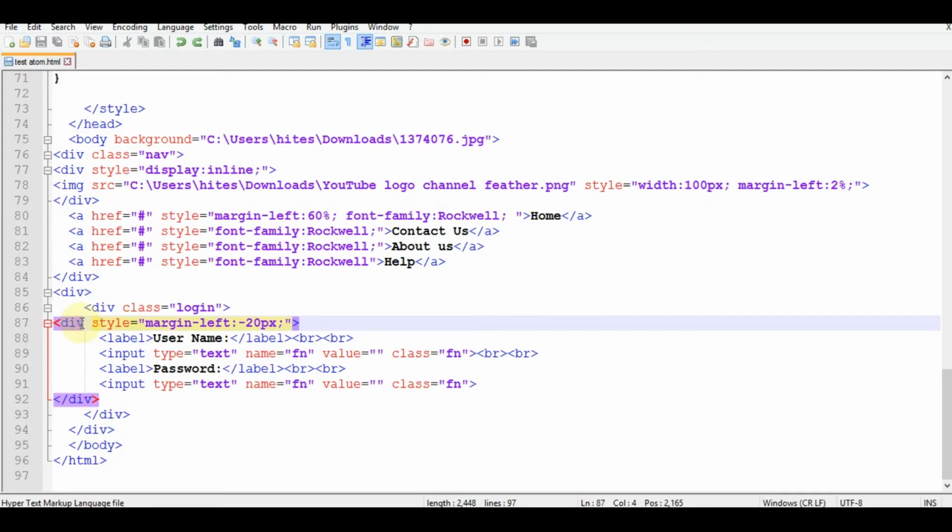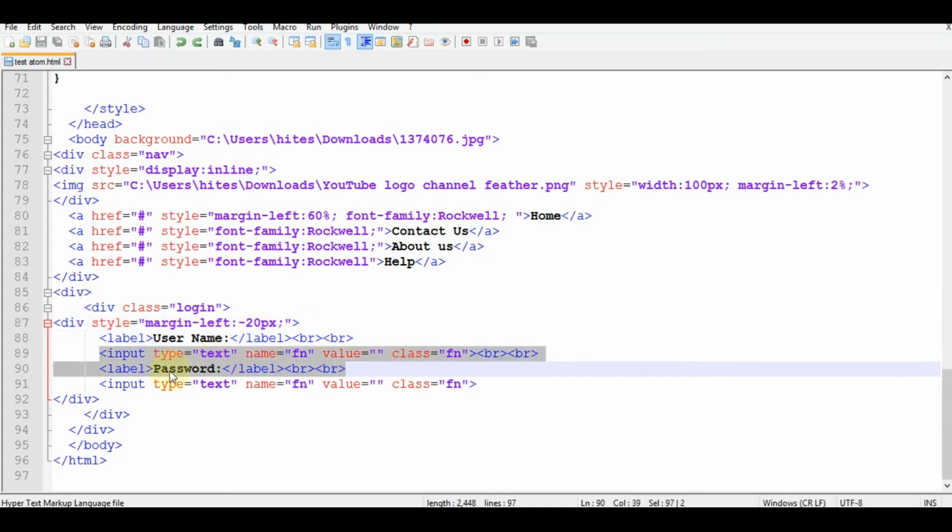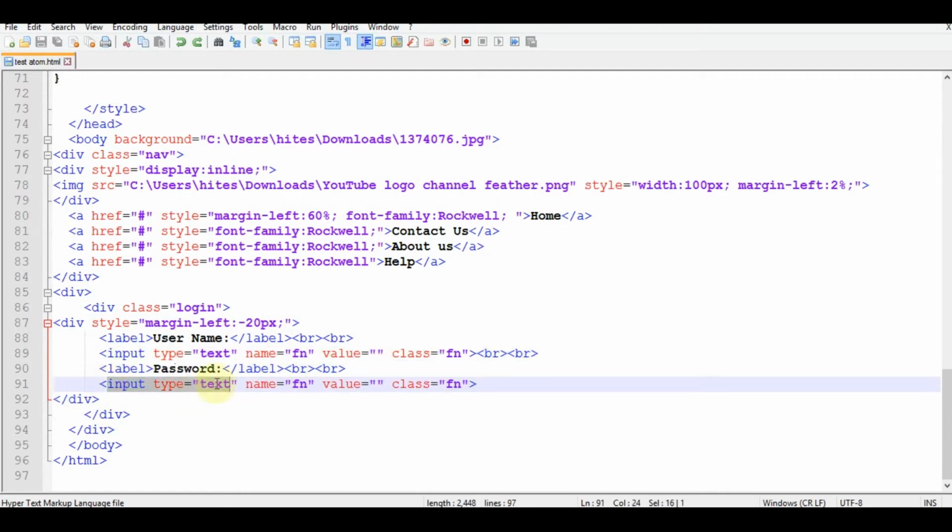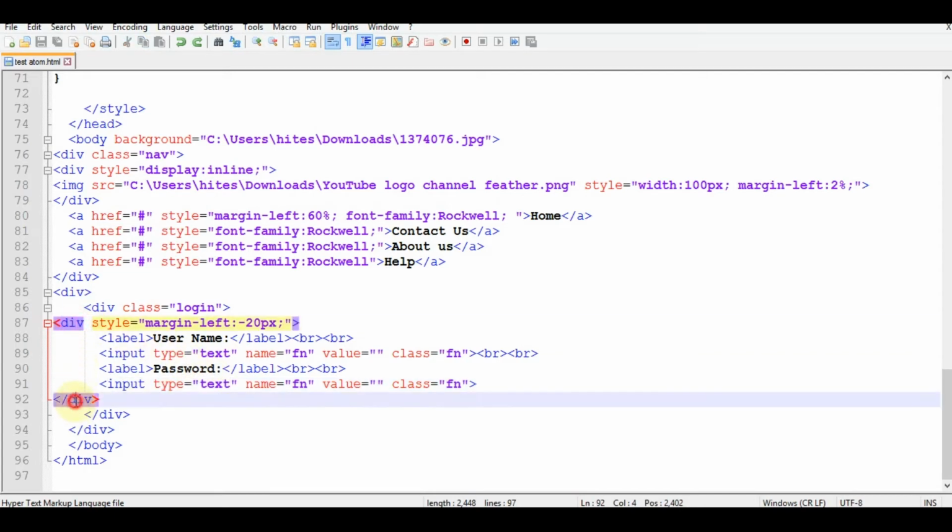So here I have applied division on everything. Why? Because if I want to apply something on some content, I will apply it on the division, not on the separate content. Suppose I have to apply something on this input and on this input, but I have to apply it twice. No, I will put both of them in a single division, and then I will apply the setting on the division.